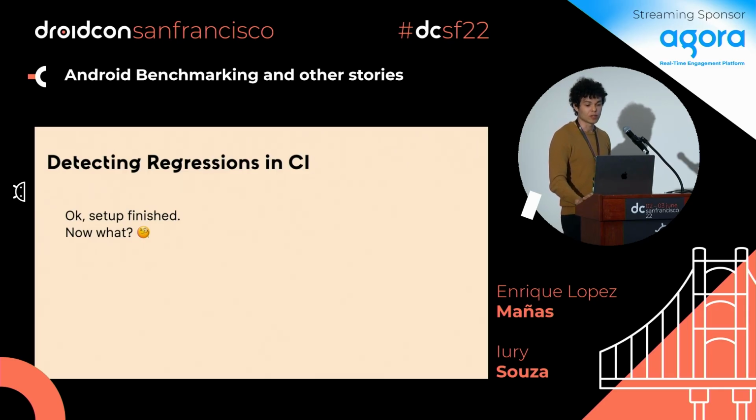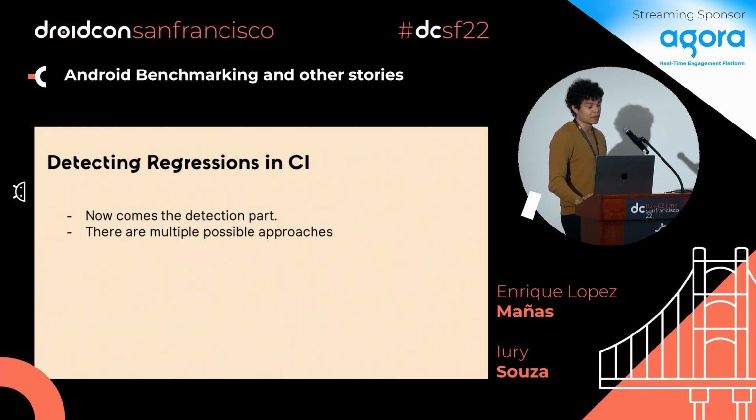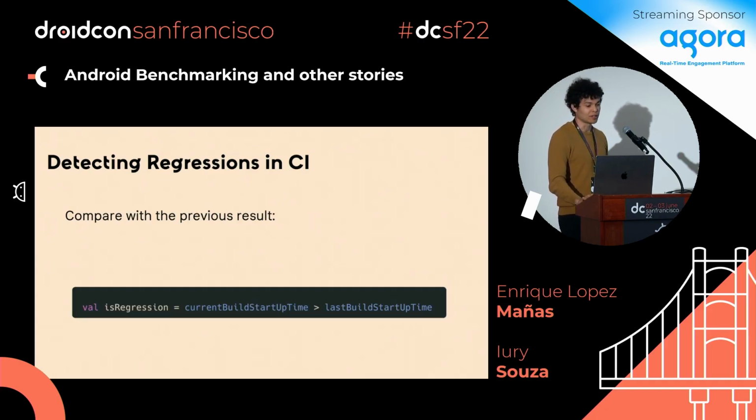Now what, right? Now it's the detection part. There are multiple approaches for that, and we're going to go from the basics to the more advanced or smarter ones. So this is the basic one, right? You have the current build startup, and you have the last build startup. If the current is bigger than the last, then it's a regression, right? Simple enough. Except that you shouldn't do this because, as you might be thinking, benchmarking values are not really stable,